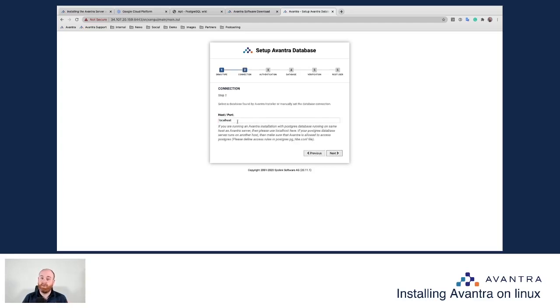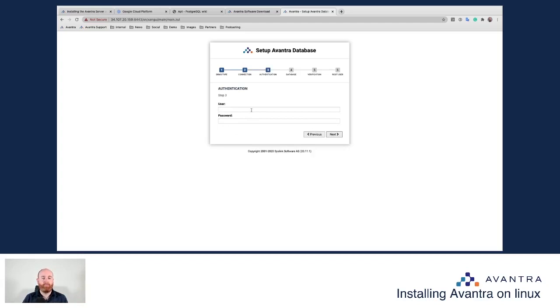You have the option of using a centralized database. Let's say you're running a high available scenario. In this case, I'm running it all on the same machine, so my host and port are just localhost, and if you're using the standard port, you don't need to provide this. My user is Avantra DB, and the password is the one I specified earlier, which I thankfully noted down, and I hit next. So now that's allowed the wizard here to successfully connect to our PostgreSQL installation we completed a